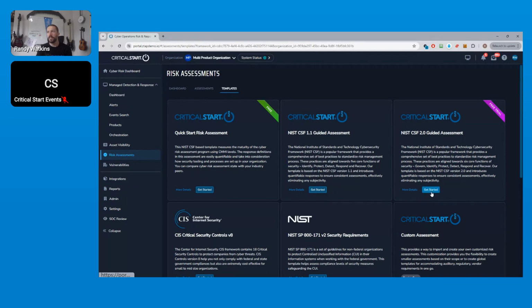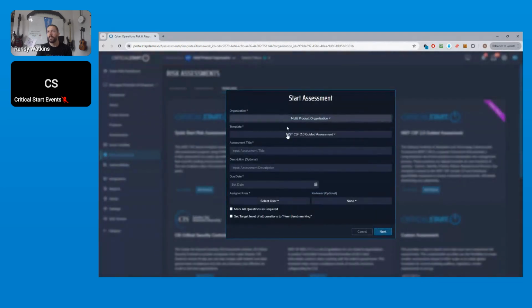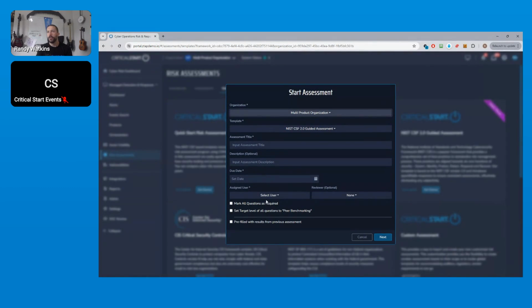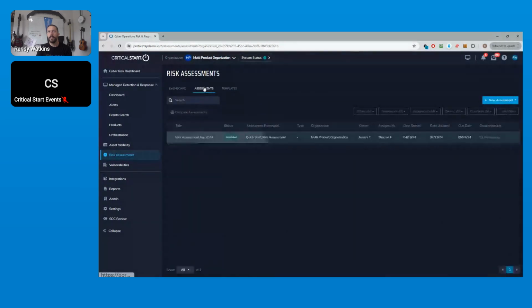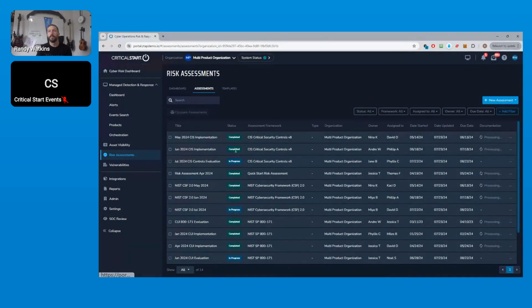But when you go to launch one of these assessments, we say get started. Again, you'll choose your assigned user. You can assign a reviewer, which is optional. I've already selected a specific size and vertical. You can input your assessment title, description, and kick it off. Just for the sake of brevity, I'm going to pivot over into the assessments tab where we've already completed a ton of these. So let's go into this 171 and show you what it looks like